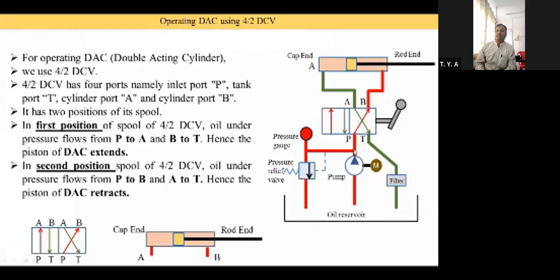So here you see oil coming from the pump, it comes to the P port, then the arrow goes to the B port. So pressurized oil is entering the B port, then goes through this pipe, and it enters the rod end side, meaning the right side of the piston. This oil applies pressure on the piston, and the piston starts to move from right to left side. Suppose a vertical cylinder is used, then the piston starts to move from bottom to top. It is called retract. Hence the piston of the DAC, meaning double acting cylinder, is retracted. So when the piston is moved from right to left, it is called retract.